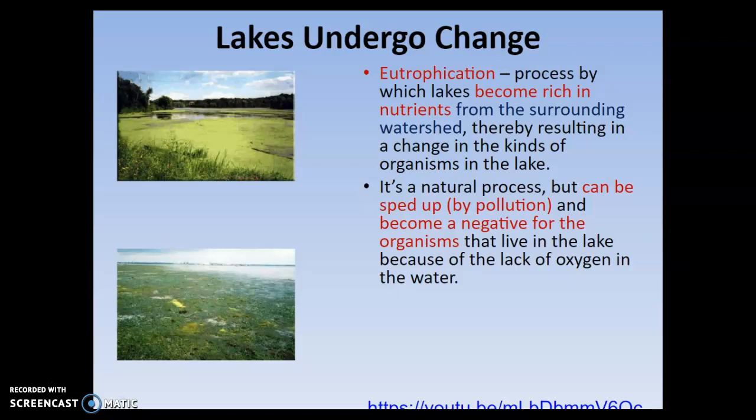So step one, there are a lot of phosphorus and nitrogen nutrients in fertilizer. So all of these farms put the nutrients on their crops as fertilizer to help their crops grow. Great, awesome. We get our crops, we get food, we're happy. However, when it rains, all of the excess nutrients are washed into the water. So we'll just say that there's a river nearby and the nutrients get washed into there.